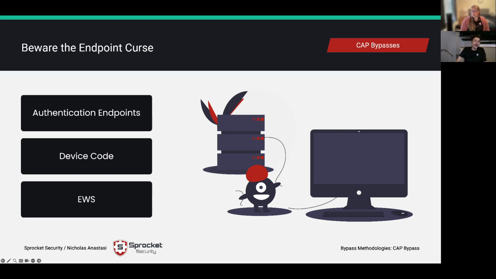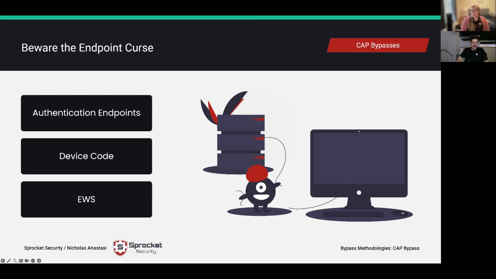If you go to outlook.office365.com/EWS, I believe you will still be prompted for basic authentication. I'm going to check right now. Might be wrong. EWS. Yes. So when you go to that page, you're going to get hit with a 401, which means you didn't authenticate or send any authentication information. It's basically basic auth that you can use to access services. This is common as well and can show up right under the authentication endpoints bucket as a method for bypassing MFA.